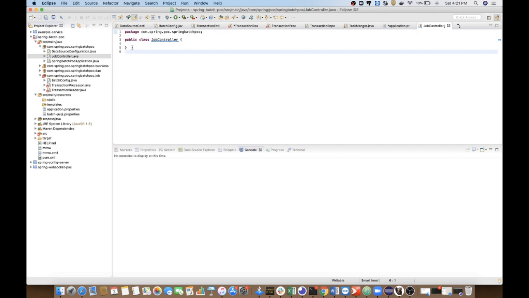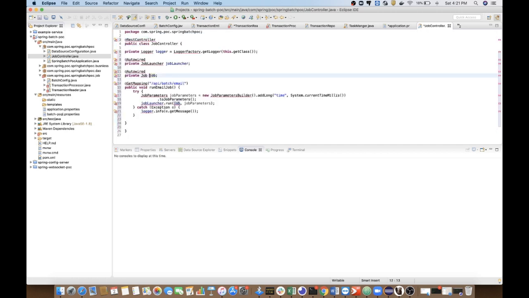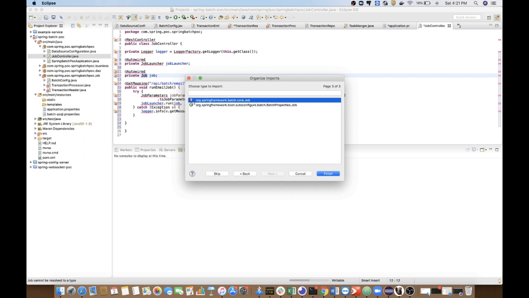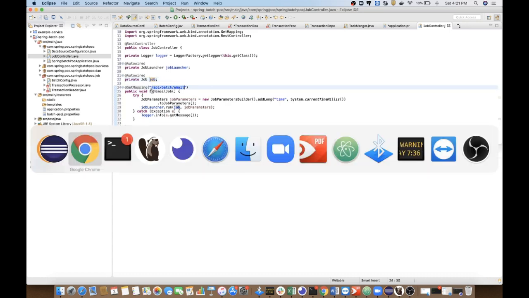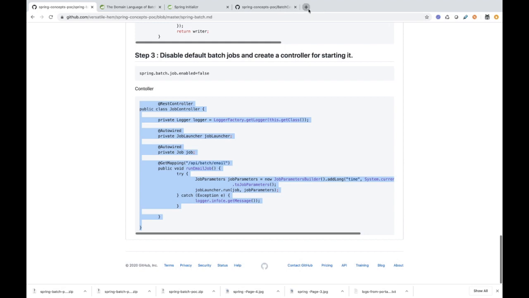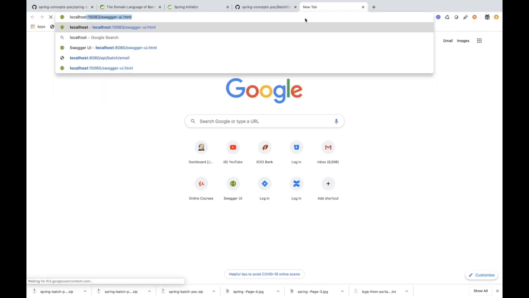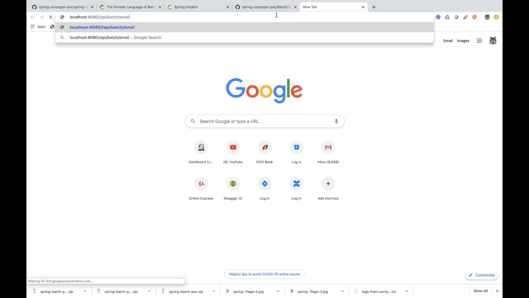Okay, so this is my controller. It will be available on localhost:8080 slash this.